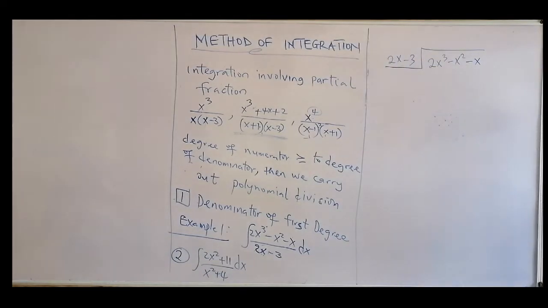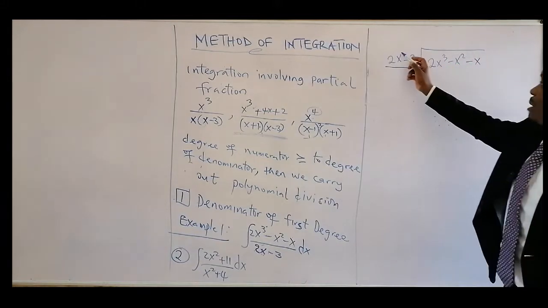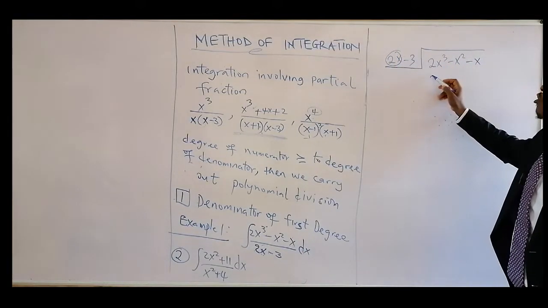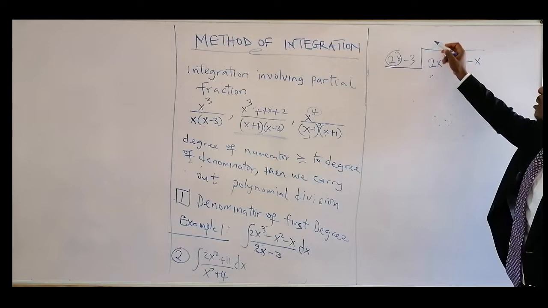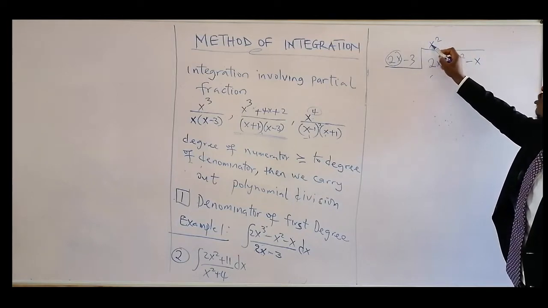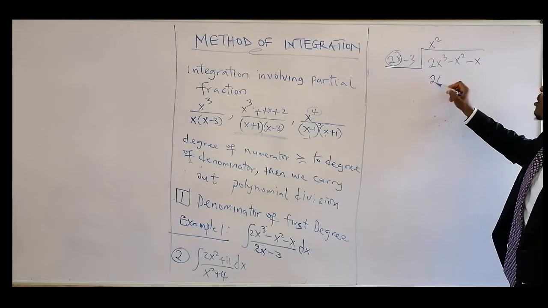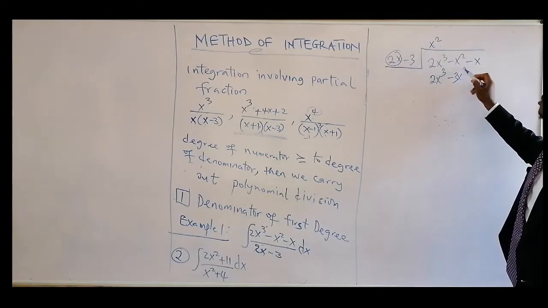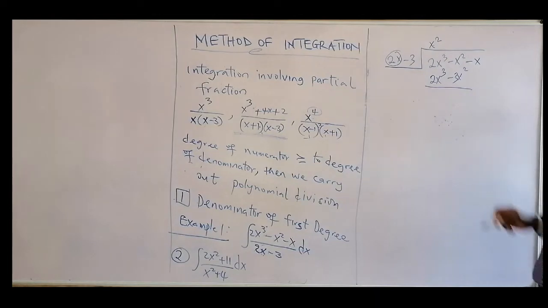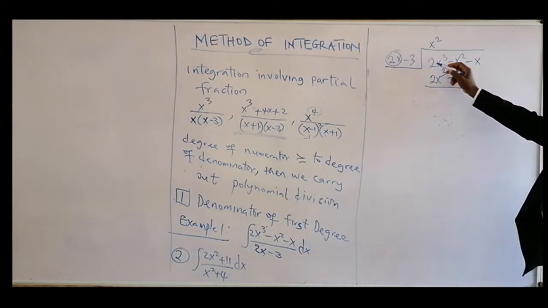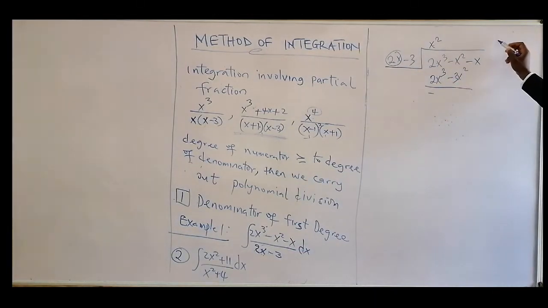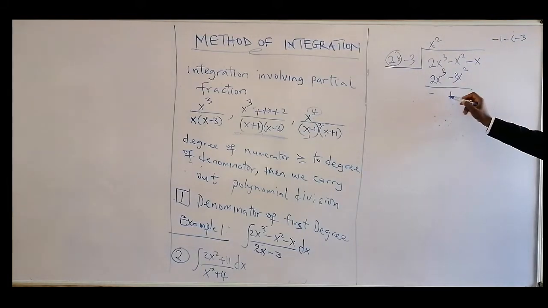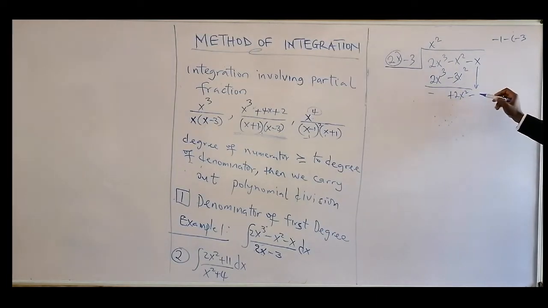So what we'll do is look for a number that can multiply the first item and give us 2x power 3. And what's that number? x squared. So x squared times 2x, that's 2x power 3. x squared times this, minus 3x squared. Then we can subtract. So this minus this cancels out. Then we have minus 1 minus 3, that's a plus 2x squared. Then we can bring this one down, so minus